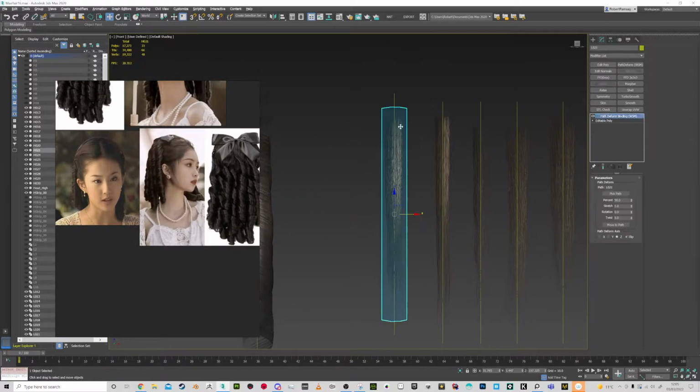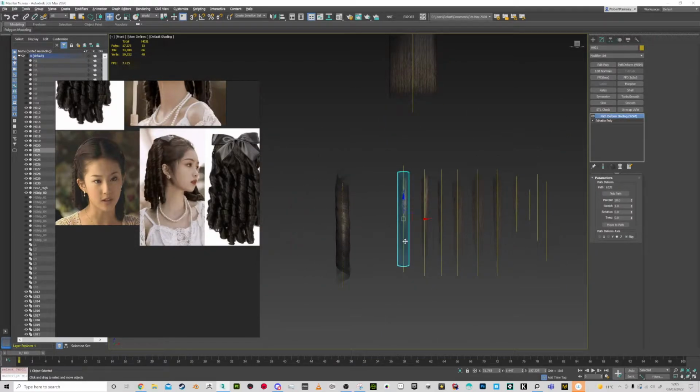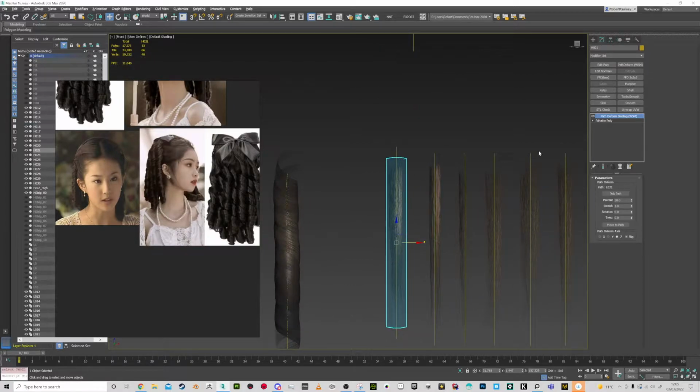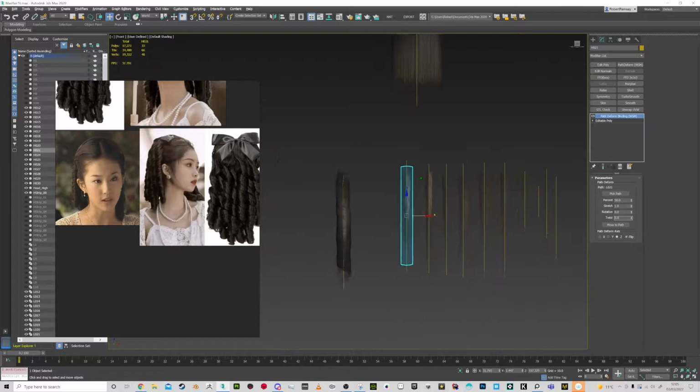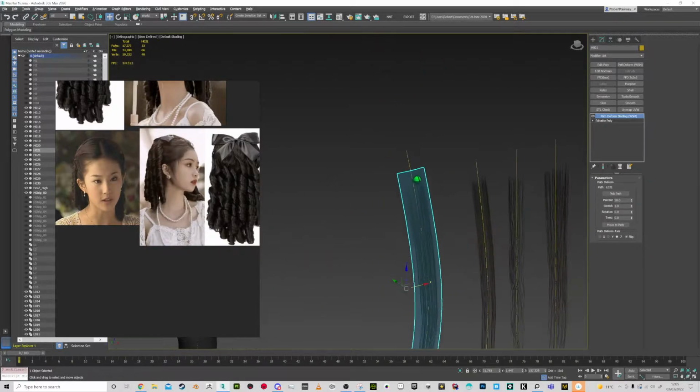So once you've got your hair strips set up, you can use the world space modifier called Path Deform. You pick the path and then you move it to the path, and you might have to change some of these or do some rotation to get it set up. Also 50% placement. So these are kind of like the defaults here, 50, 1, 0, 0,